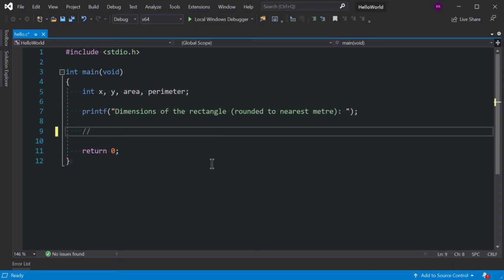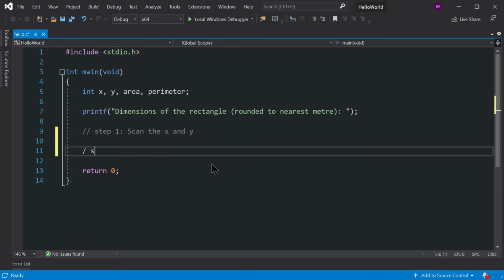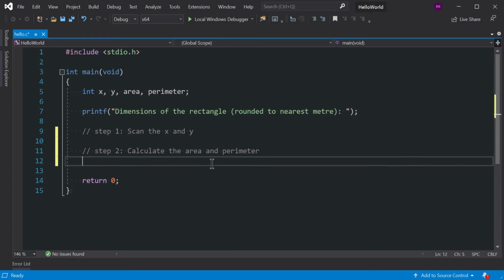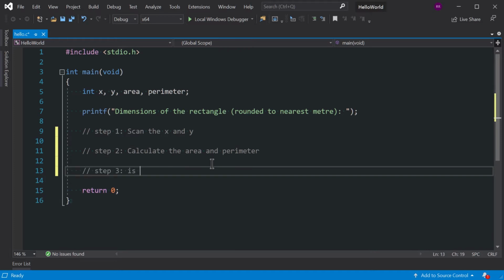The first step is to scan x and y. The second step is to calculate the area and perimeter. And the third step is to print the